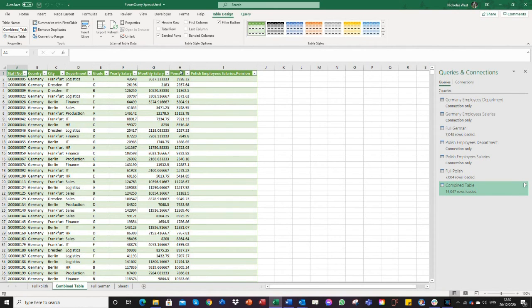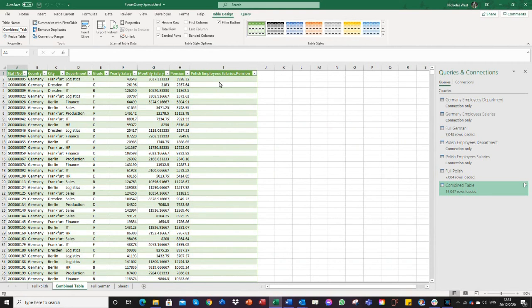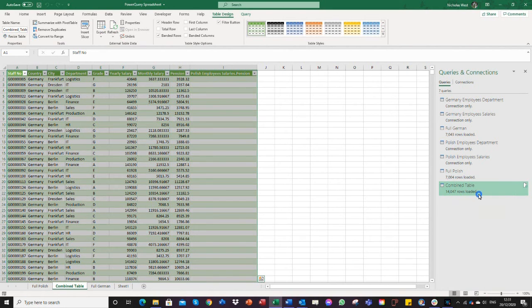Now here's the problem. We've got these separate columns. We didn't want them separately, but the reason it's separate is because we've merged the Polish tables earlier on, and it's given it a prefix. So the way to resolve that, if you go back into the combined table, you can see here it's got twice as many rows because it's effectively putting an additional number of rows for every entry there that doesn't match across. So if I right click here, click edit,